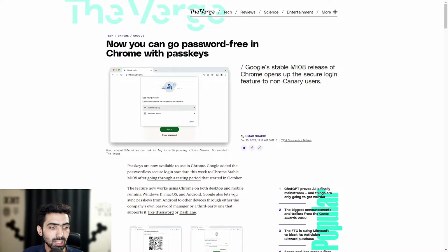Google also lets you sync passkeys from Android to other devices through either the company's own password manager or a third-party one that supports it, like 1Password or Dashlane, as an example. And that's the general direction that the technology is making its progress in. Passwordless or keyless authorization to accounts, credentials, and whatnot. Basically secure or private or sensitive information. That's the general direction that the industry is headed in, and it's nice to see that something as vital or